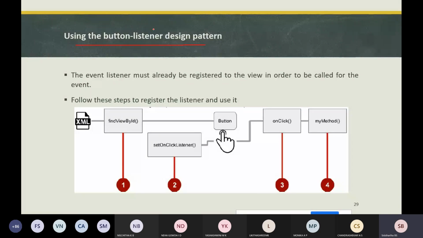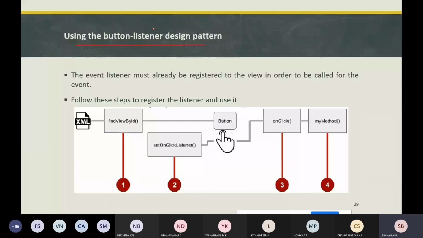This View.OnClickListener is an interface of the view class, which contains only a single callback method, that is the onClick method. The method is called by the Android framework when a user interaction is triggered.